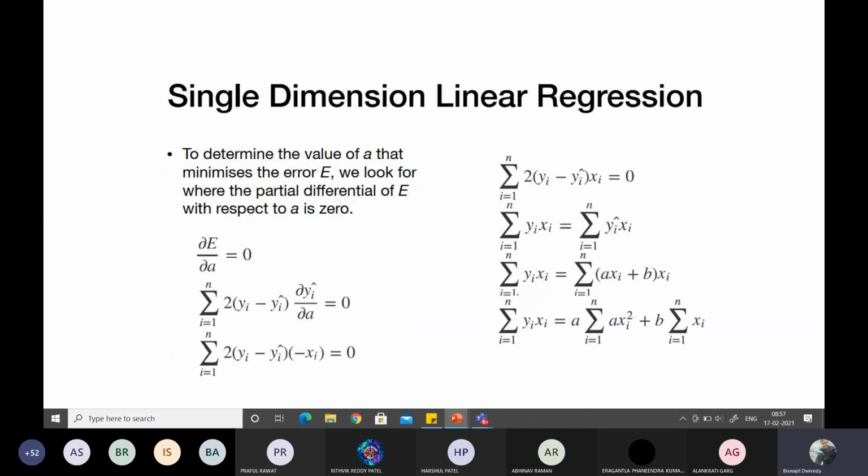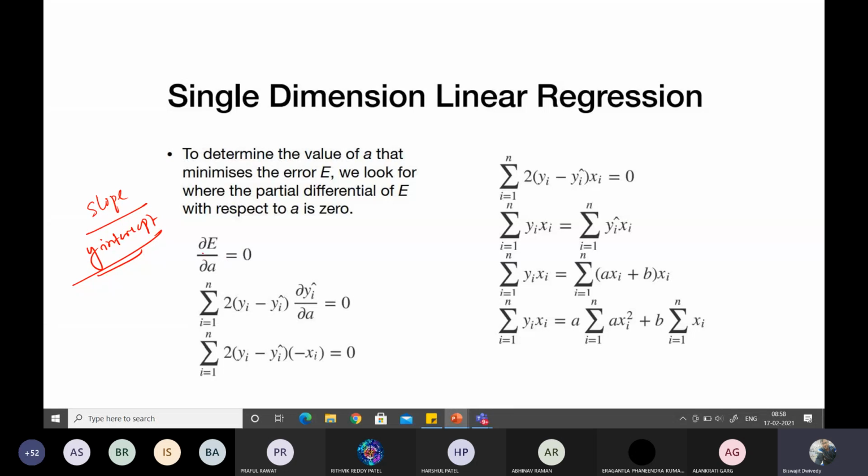In this case, as I have already told you, we'll be trying to minimize the error. So here you can see we are going to minimize the error with respect to different values of a, meaning different values of slope, and different values of your y-intercept. The error expression we have already found, and here we'll find at which conditions it is going to be zero, because we are trying to minimize the error or make the error zero.